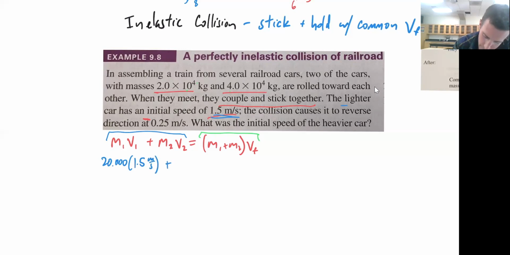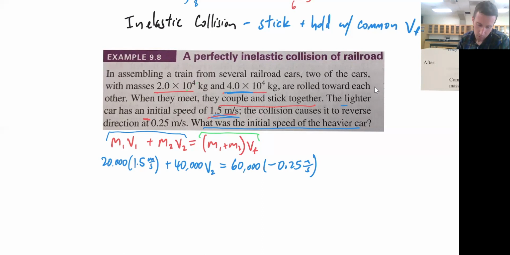Plus the mass of the second car is 40,000 kilograms times its velocity, which we don't know, the initial speed of the heavier car, that's what we're solving for, equals the mass of both of them together, 20 plus 40,000 is 60,000 kilograms times the final velocity, which is negative 0.25 meters per second. Okay,